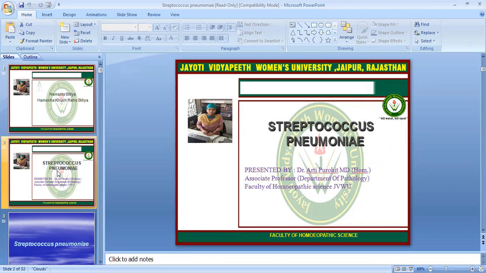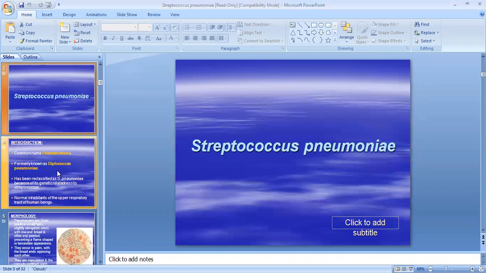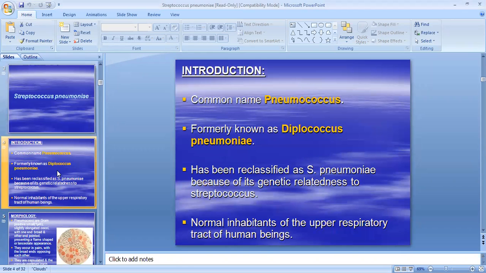Today our topic of concern is Streptococcus pneumoniae in the series of bacteriology. So today we will discuss Streptococcus pneumoniae. The common name of this bacterium is Pneumococcus, formerly known as Diplococcus pneumoniae. It has been reclassified as Streptococcus pneumoniae because of its genetic relatedness to Streptococcus, a normal inhabitant of the upper respiratory tract